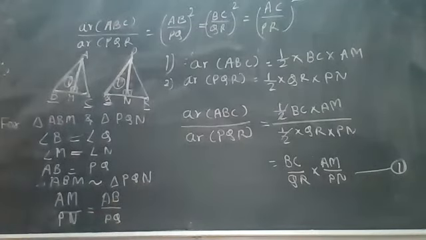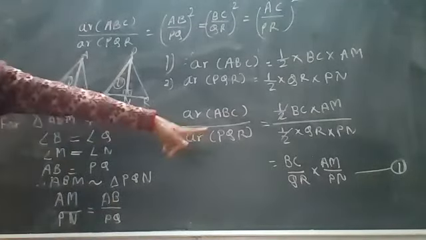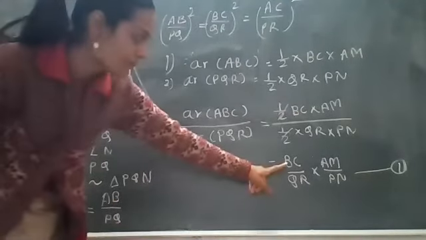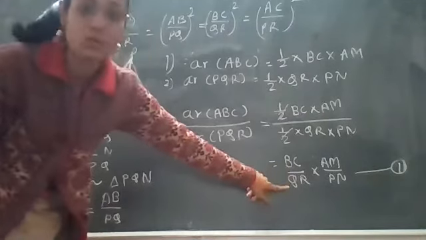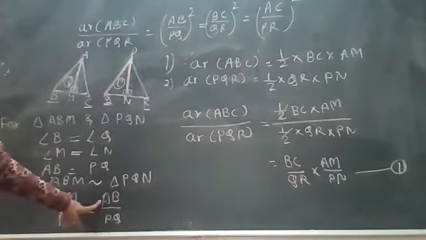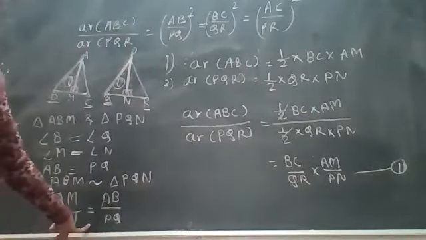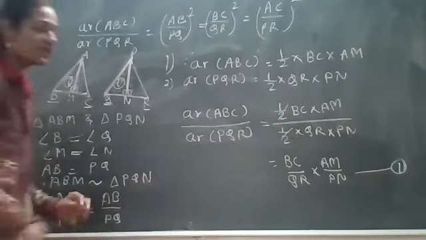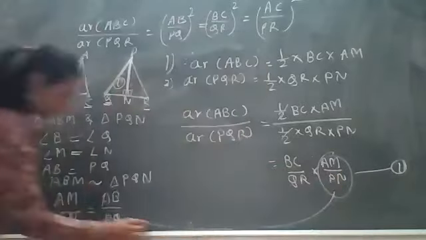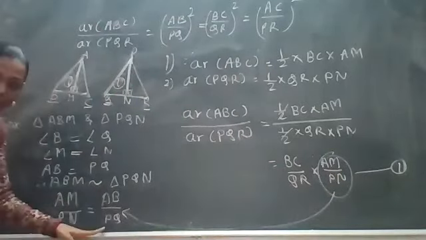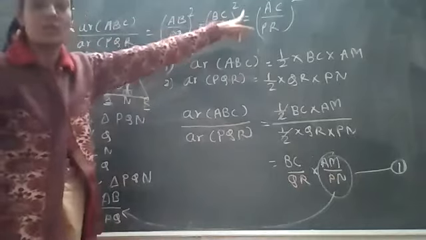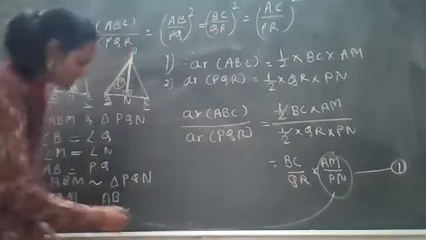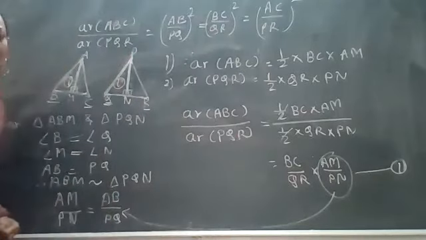Now what are we going to do? This value we are going to keep over here, but make it similar. Again what are we going to find out? We now have to replace BC and QR and put this value from somewhere. AB upon PQ. Okay? This is our target. Why? Because in its place we can put this. Right? AB upon PQ. But what do we want? Here we want the square. So here instead of BC upon QR, we want the same AB upon PQ only.